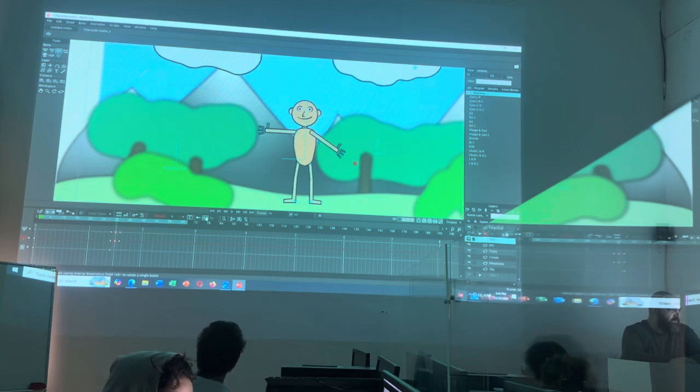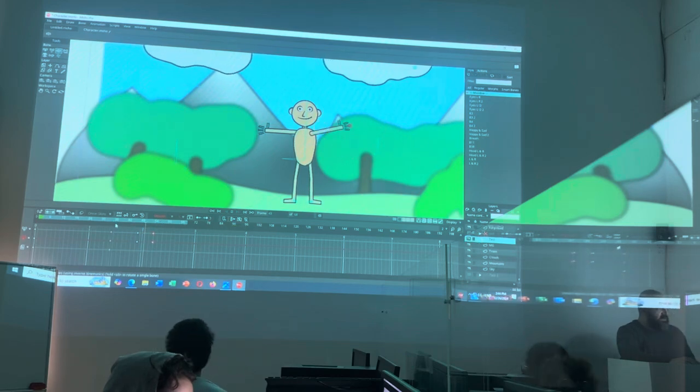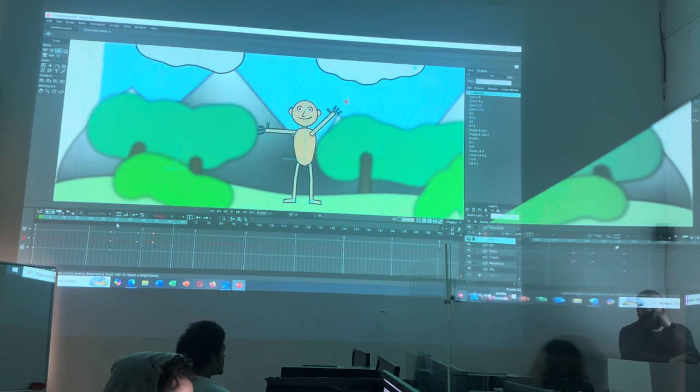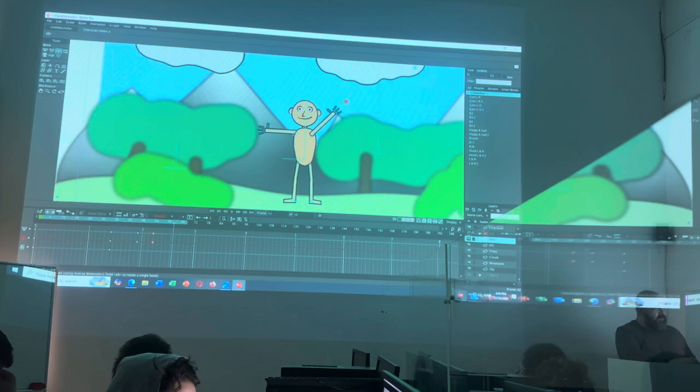I'm going to push this 10 forward. Then let's say I want to push this one 5 forward. I'll move on to that, and then I'm going to push that 5 forward. And it doesn't only do that with just these keyframes. If you have thousands of keyframes in front of it, you can basically push your animation, all of them, forward, which is extremely useful to have. Now, if I were to, let's say,